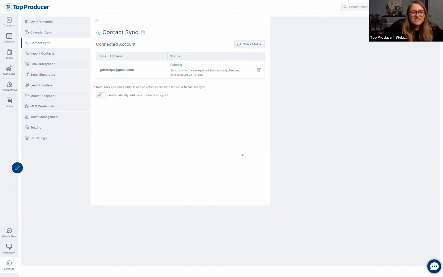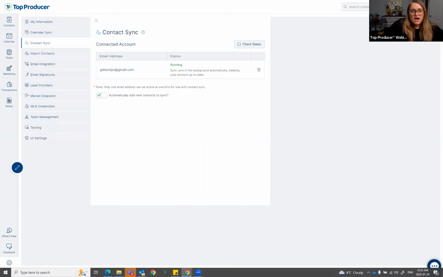And if I can make a couple suggestions here for contact sync, this can be useful. Also, do keep in mind, you definitely want to import your contacts first before you sync them. So if you do have a CSV file that you want imported, do that first and then sync. Also, when it comes to syncing, one of my recommendations is, unless you want all your personal contacts that you have saved on your phone on your Top Producer X, be sure what email you're using to sync.